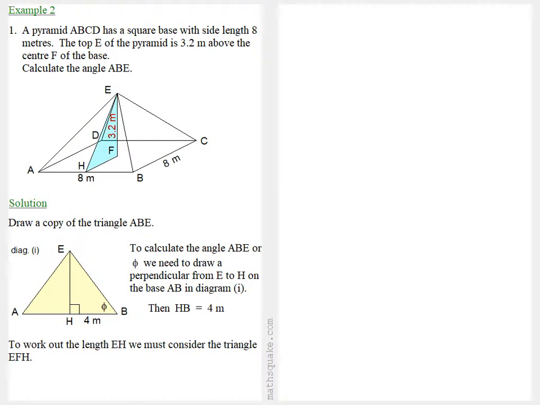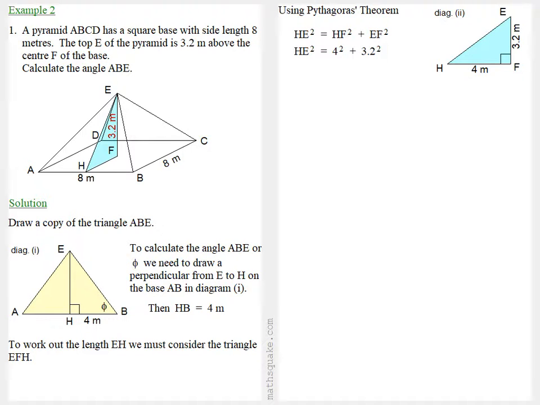Now again, if we draw a diagram of this, we've got HF is 4 meters and EF, the height of the pyramid, is 3.2 meters. So we can use Pythagoras' theorem. HE squared equals HF squared plus EF squared. So HE squared is 4 squared plus 3.2 squared, which works out to be 26.24. If we take the square root of both sides, we get HE equals the square root of 26.24, which works out to be